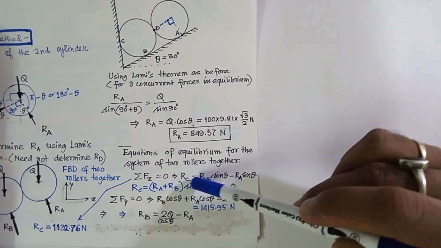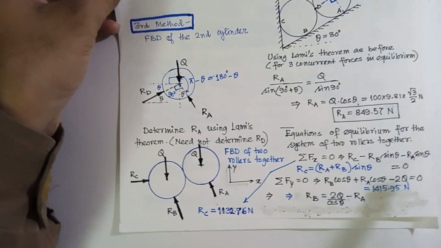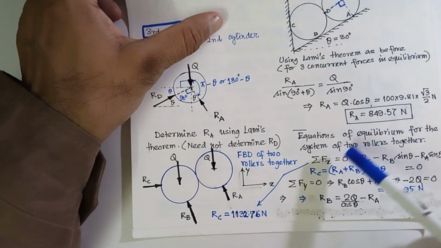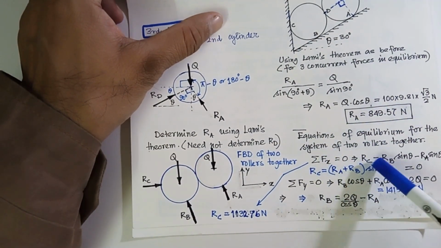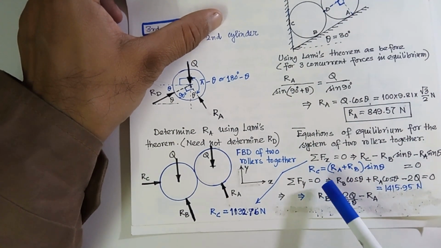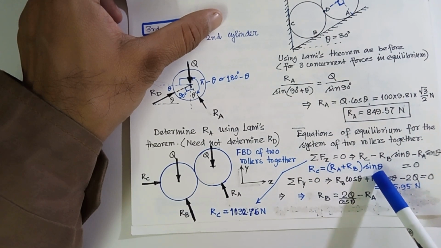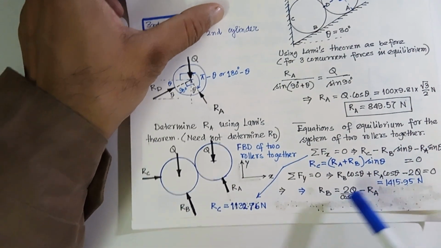So Q is not appearing in this equation, you can see. Okay. So simply RC minus RB sin theta minus RA sin theta, and therefore RC is equal to (RA plus RB) into sin theta, right? So next,